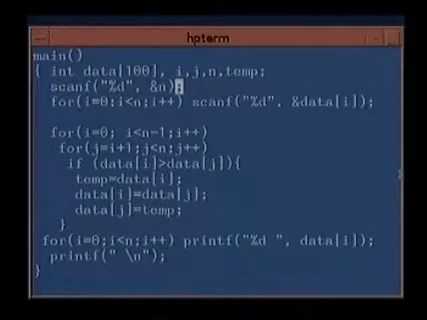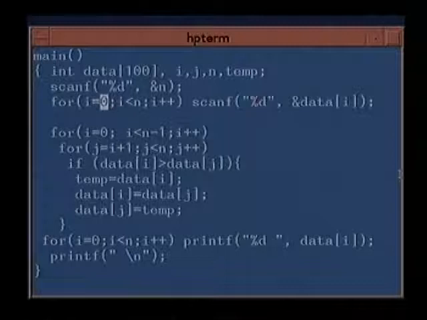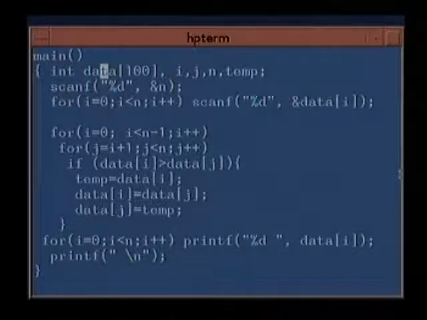The first thing I do is read in the number of numbers, and then in a loop I read in all the elements of the array. And interestingly, I have read in from 0 to n minus 1. Though we saw just a minute ago that we were working from 1 to n, in C language, when you declare an array, it starts from 0.